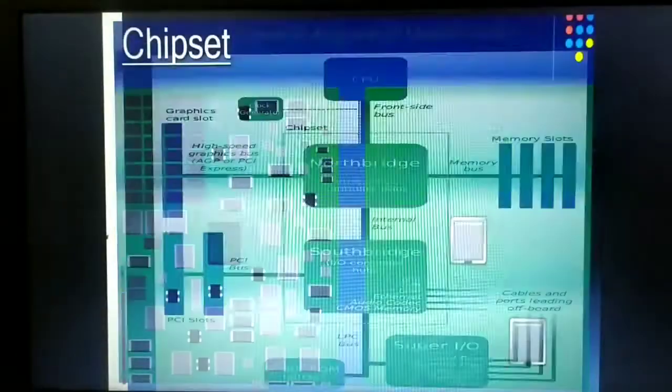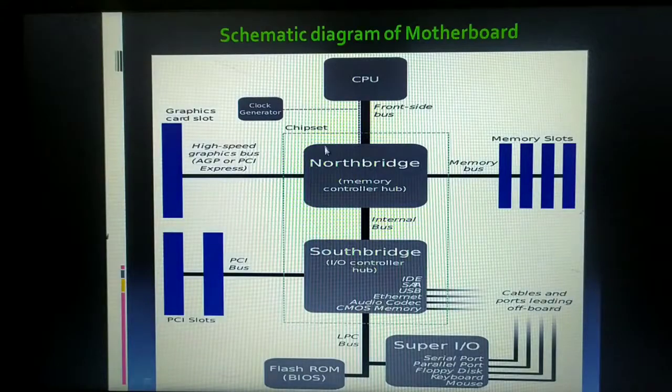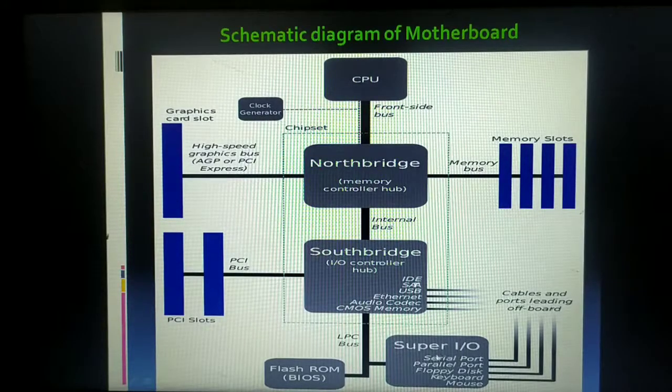So I'll just show you the schematic diagram of the motherboard. Now these are the various different kinds of components that are being mounted on the motherboard, such as CPU. Memory slots are nothing but the RAM slots. North bridge chipset, south bridge chipset we have. Then we have the slots like AGP slots, PCI slots. Okay, and then south bridge is connected with the BIOS. Then we have SIO chips, that is super input output chips. So this is the schematic diagram. These are the various different major components that are being mounted on the motherboard.